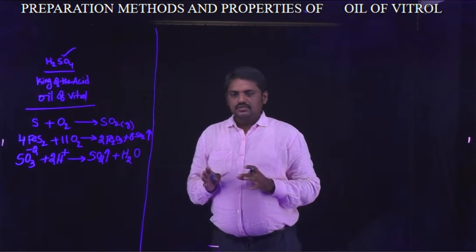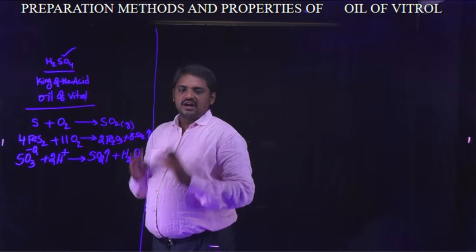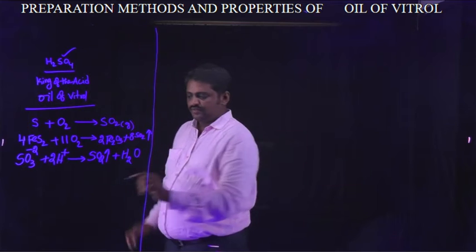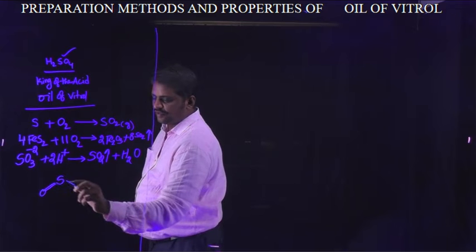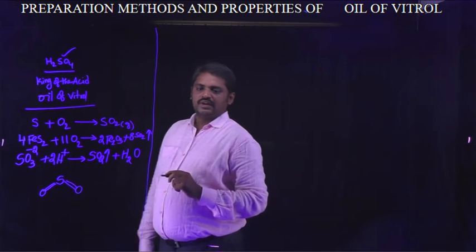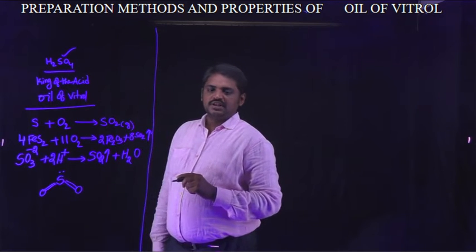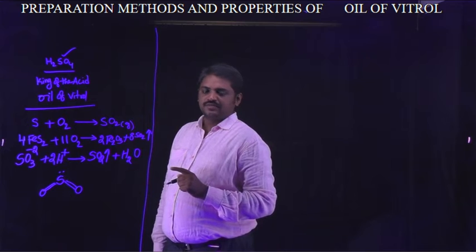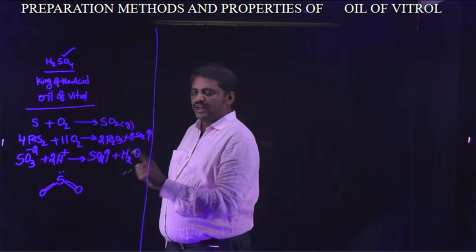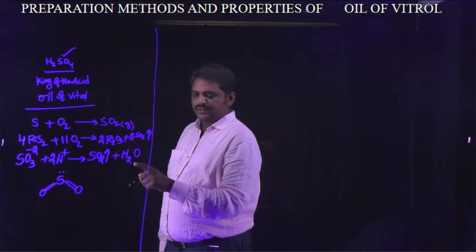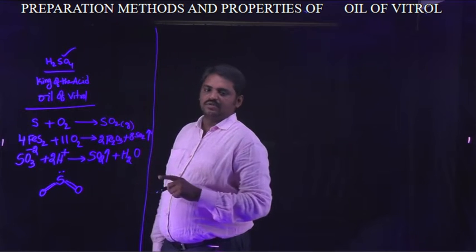Okay. So this sulfur dioxide is an unstable molecule. Why? What is the reason? This is the sulfur dioxide structure. In this molecule, the central atom is sulfur. Generally, sulfur is a 16th group element. This atom contains 6 valence electrons; 4 electrons are involved in the formation of oxygen bonds, and the remaining 2 electrons form a lone pair.